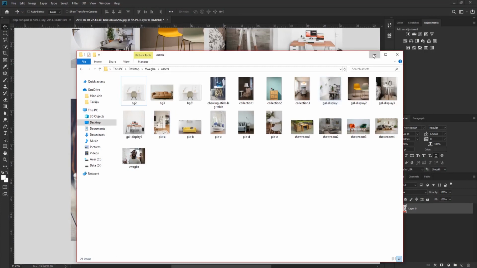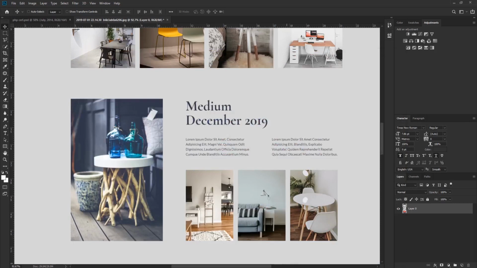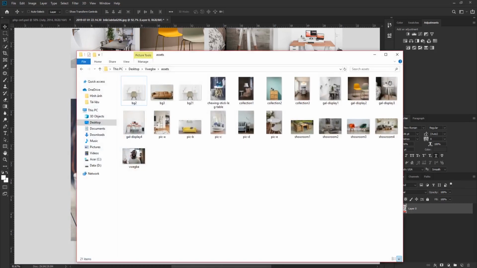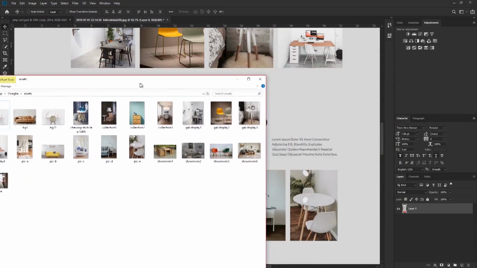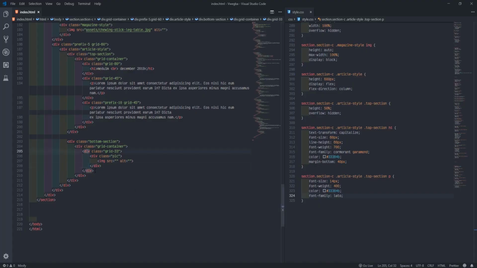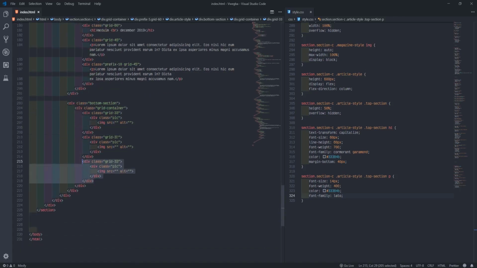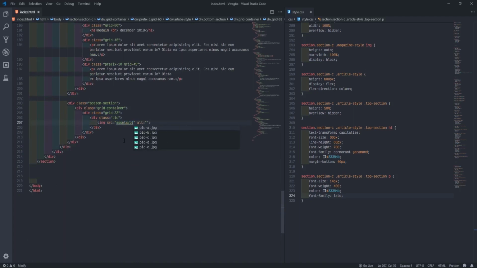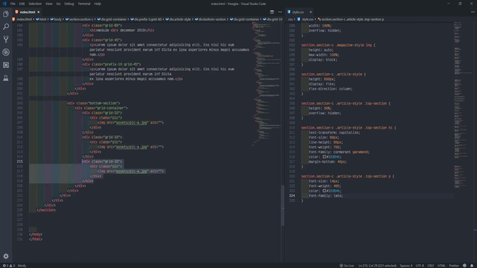Pick A. So come here. This is not pick A. I think I might just get the picture name now. Pick A, the second one, pick D, and the last one, pick E. So I'll just come here. Okay, sorry. Assets. Pick A, pick D and pick E. Pick D and pick E. So I'll go to my browser, I'll refresh.